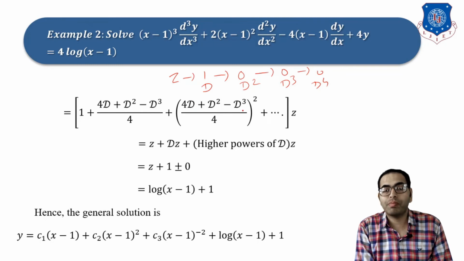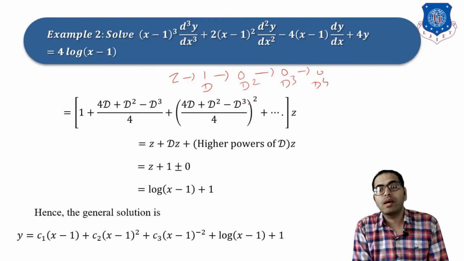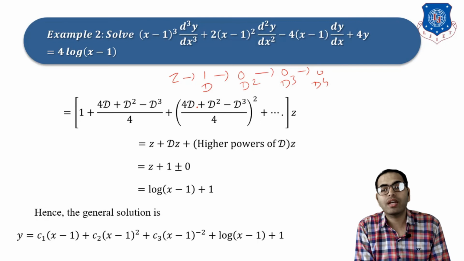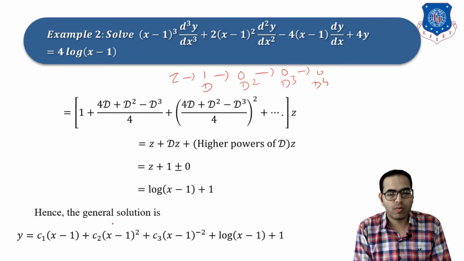Now here a plus b plus c whole square, with the help of the formula a square plus b square plus c square plus 2ab plus 2bc plus 2ca. But here all the higher derivatives are 0. That means all these terms are 0. Above derivative also 0. Means here we only get the derivative term, which is 1. Means z plus d by dz of z, that is 1, and all the higher derivatives are 0. Then our answer becomes z plus 1. Now convert this z in terms of x, that is log of x minus 1 plus 1.